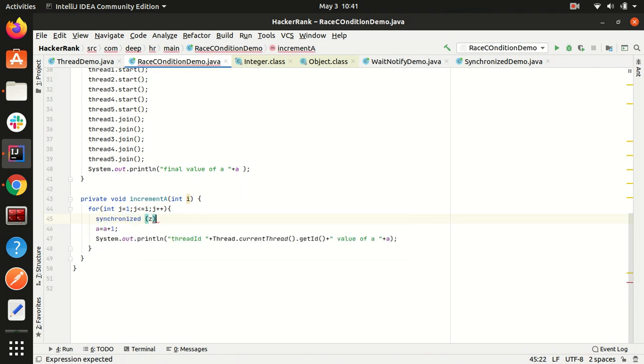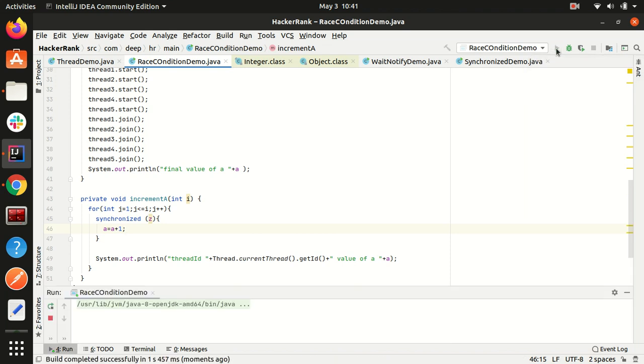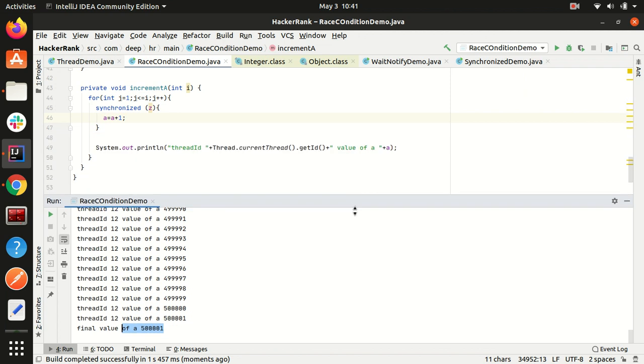We will take the lock on z and put the critical section of our code inside this synchronized block. Now if we run our code, we will check whether it runs properly or not. As you can see, our code has now run properly. The value at the end has come as 5,01,000.